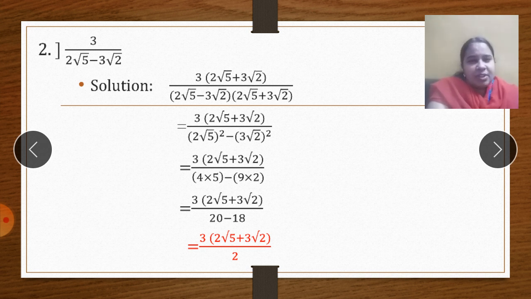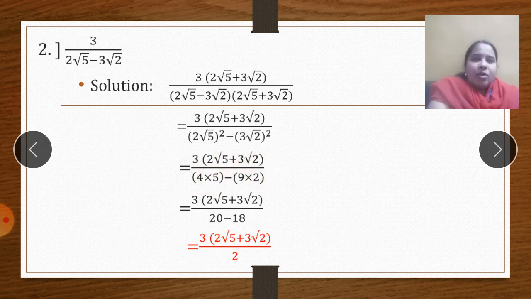Let's see what can be done with the denominator. It is 2 root 5 the whole square. Correct? First thing, 2 square is 4. Root 5 the whole square is 5 and they are multiplied here. Nothing written means it is multiplied. 2 root 5 means what? It is actually 2 into root 5. Correct? So I am taking the whole square. So 2 square is 4. Root 5 the whole square is 5. So this will be 4 into 5. Same way here, 3 square is 9. Root 2 the whole square is 2. I hope you have understood this term which I have written in the denominator.